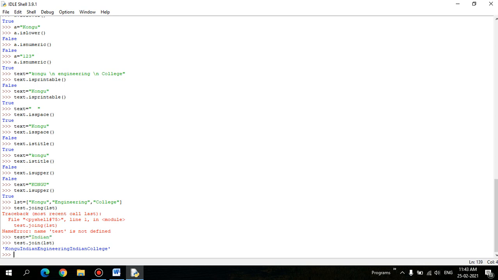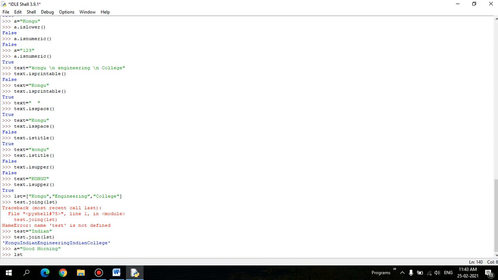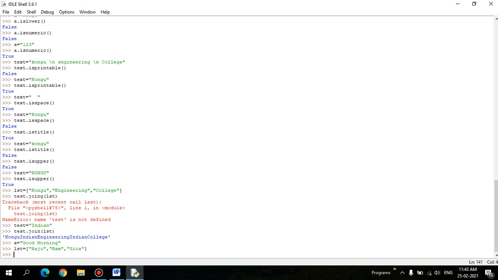Let's see some good examples here. Another example: let's take A holding the value good morning. And I'm going to have a list here, list equal to Raju, Ram, and Sita, and I'm going to join all these.